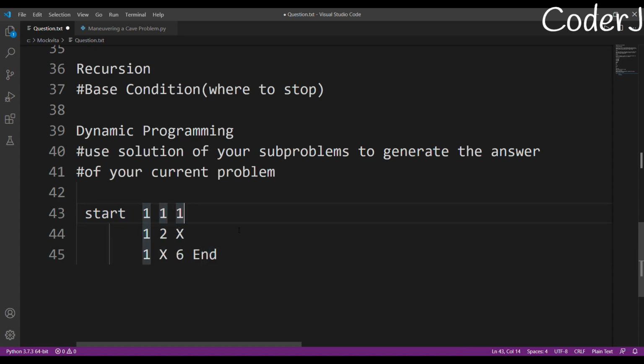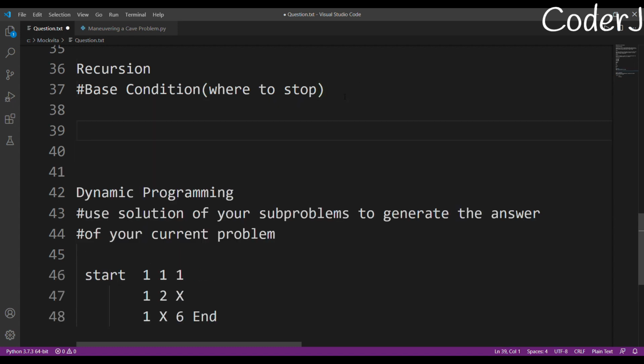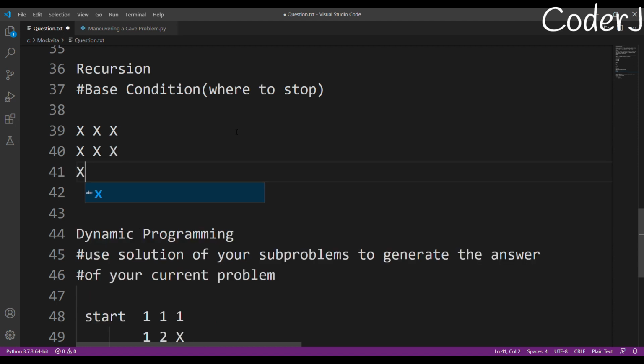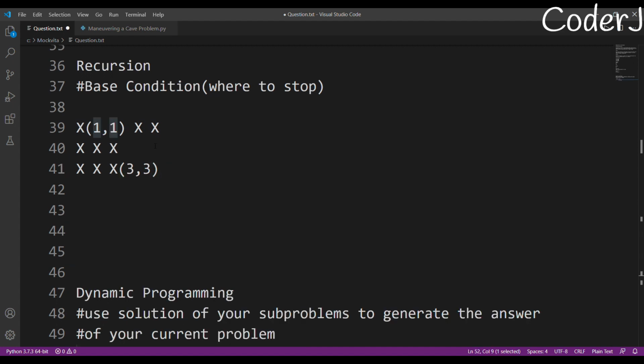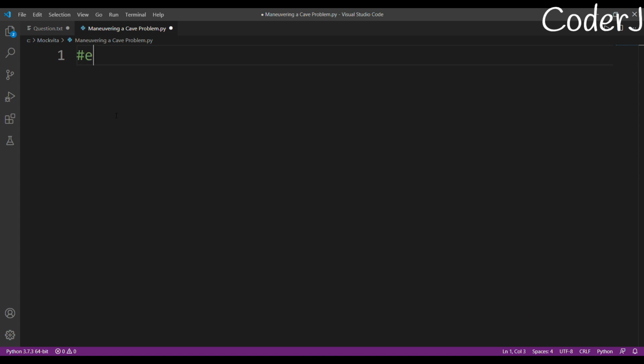I hope now you know this approach, and we'll be using this for coding, but just give me a second, because I need to tell you about recursion also. So again, sorry, this was what we were doing, right? This was our cave. I'm just taking 3 3 for example because it's much easier to understand. Basically this is my point 1 comma 1 and this is my point 3 comma 3. Now how do we approach a recursive question? In recursion, how do you create your base condition, right? Because that is very important. So I'll just move to the coding part, that will help you understand it a lot.